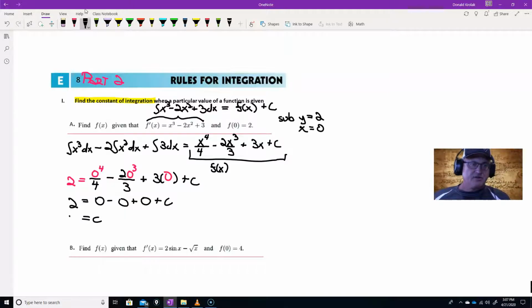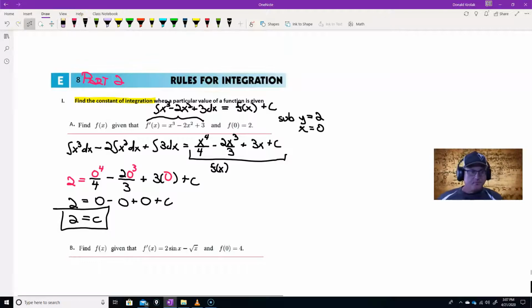So my constant of integration is equal to 2. And my original function now